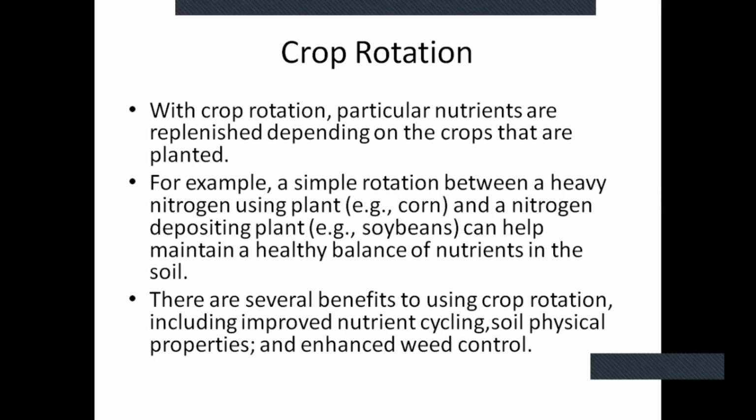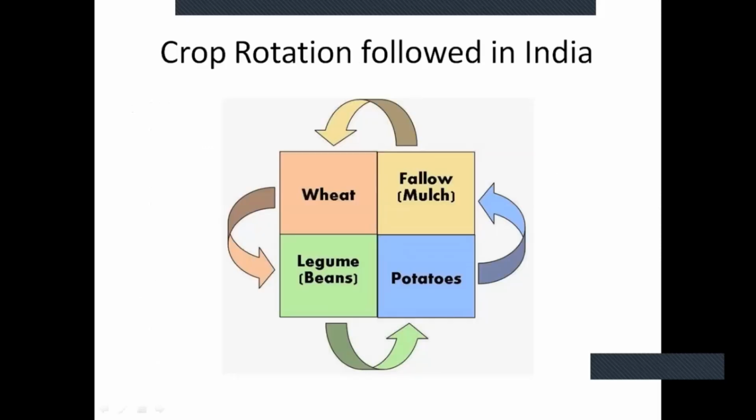Okay, so this is actually practiced by the farmer. He has to follow this. If he does that, it will be beneficial for the farmer to grow crops and get a bumper crop back. So this is about crop rotation. Here in India, I will give you an example of what is done. If wheat is grown, as I said, it uses more and more nitrogen from the soil. Then what is done? After wheat, a leguminous plant is grown, which will give back the nitrogen to the soil.